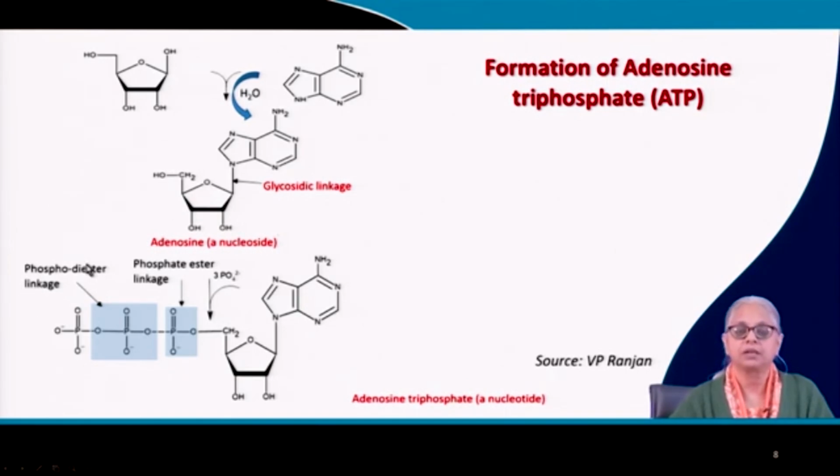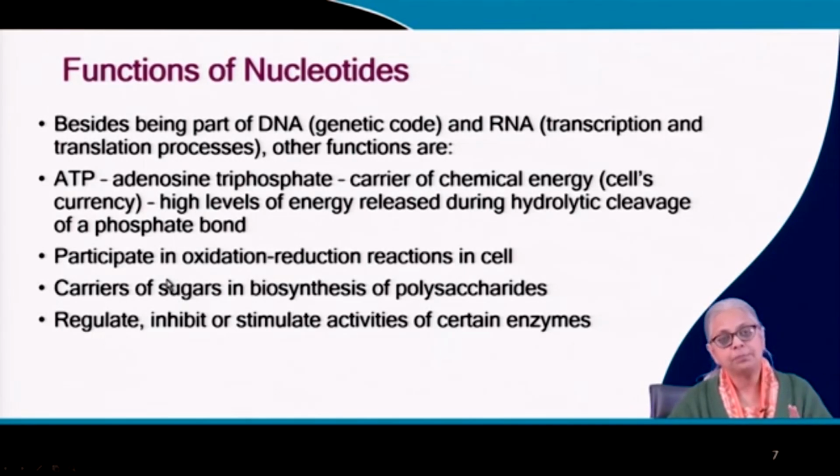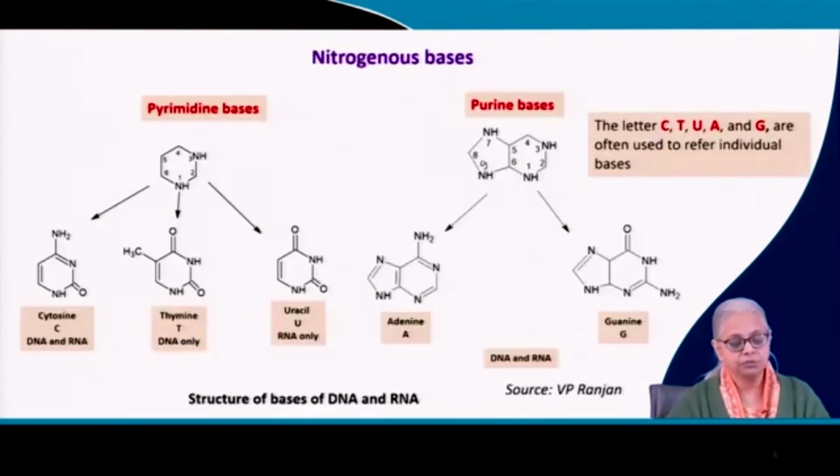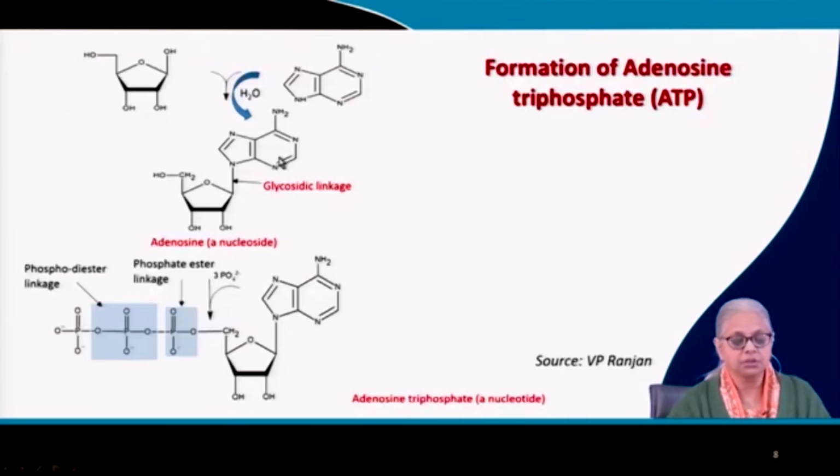Both of them are high energy bonds. So when you have 3 phosphates, that is adenosine triphosphate, it's a high energy chemical molecule, and adenosine diphosphate is also a high energy compound or molecule or whatever you want to call it, and AMP, adenosine monophosphate, is a low energy containing compound. So that's why ATP is the cell's way of storing chemical energy, and the reverse of this reaction will give you